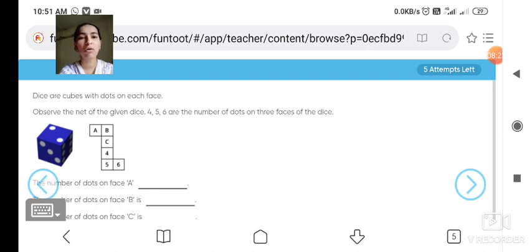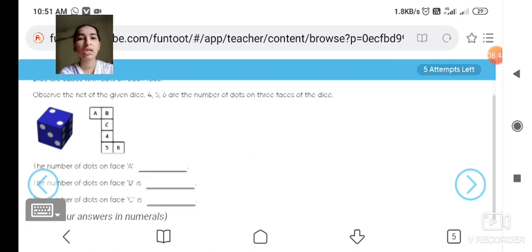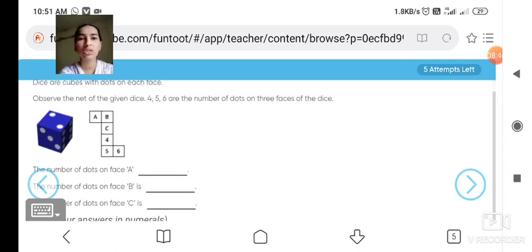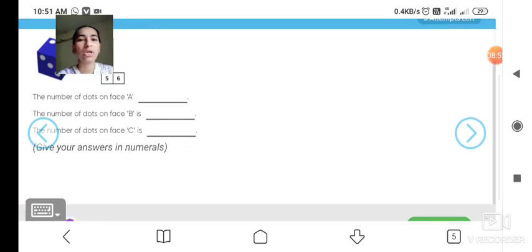Okay, A, B, C, 4, 5, 6 are there. The number of dots on face A will be... Now you have to make this, and which is opposite to 4, which number does it indicate? B is there. Okay, and opposite to B, opposite to C, opposite to A, which numbers are there? The number A indicates 1 or 6 or not 6, 1, 2, 3. Among these 3 we have to find. Okay,